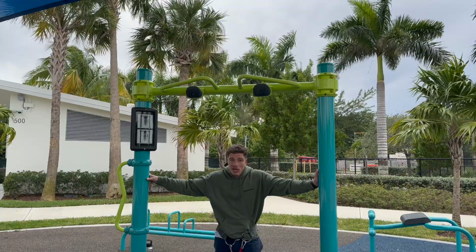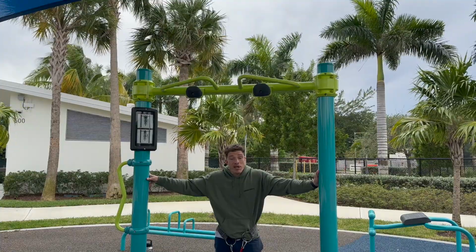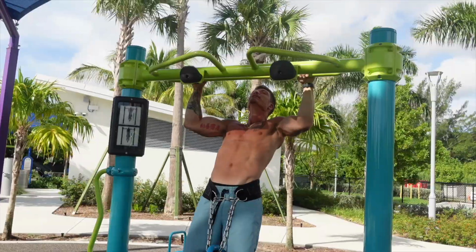Two minutes is still a decent amount of rest when working for muscle building, right? You don't have to drop it to a minute. Once you start dropping it down to a minute, 45 seconds,